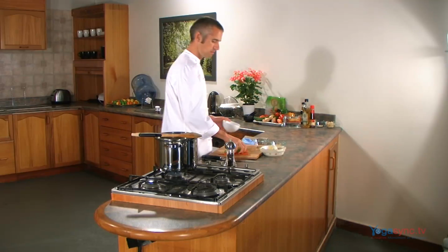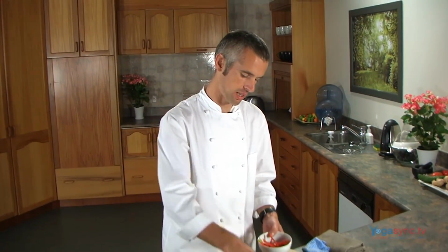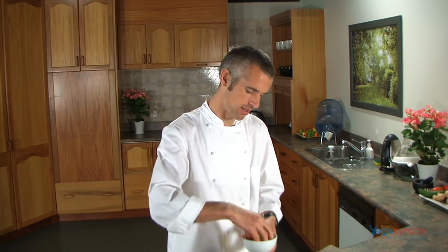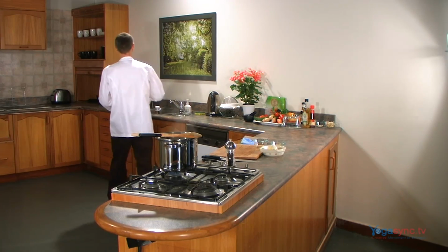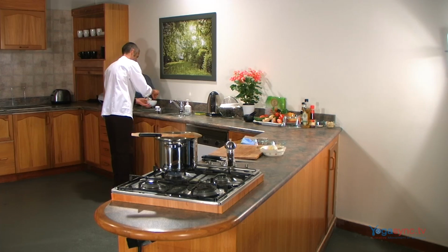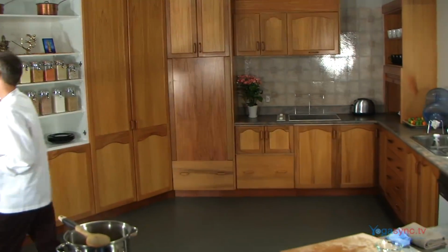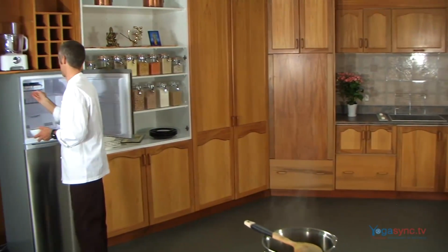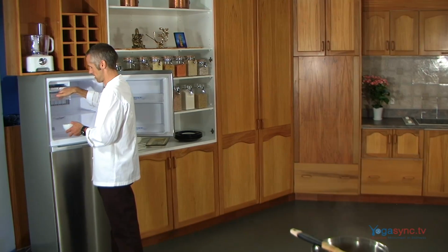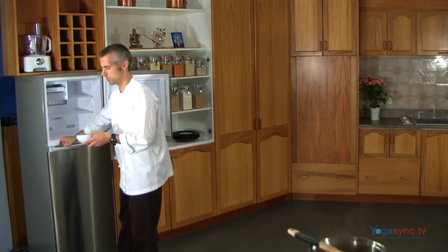Now these strips we're just going to pop into a bowl, place a little water in with them and a little ice if you've got the ice. If you don't have the ice, don't worry, just stick the bowl in the fridge. So they're just gently covered. A few pieces of ice on top,